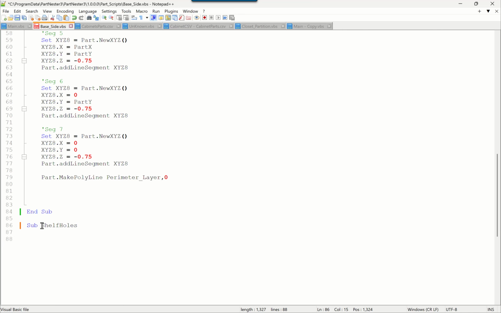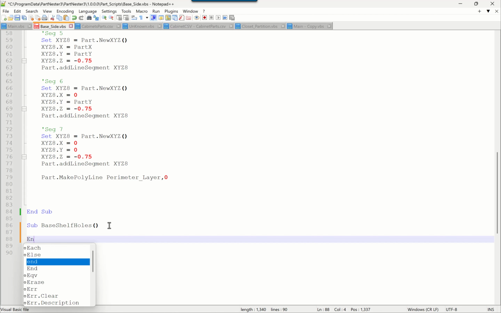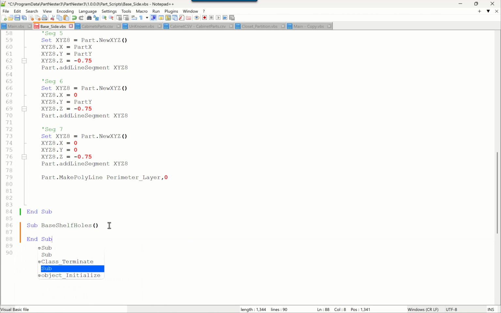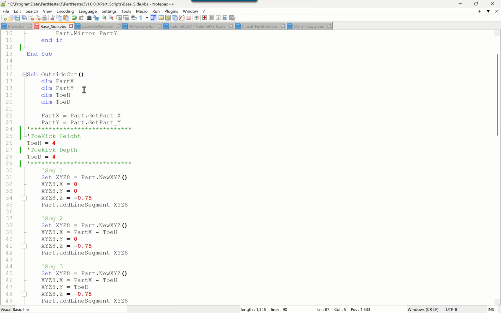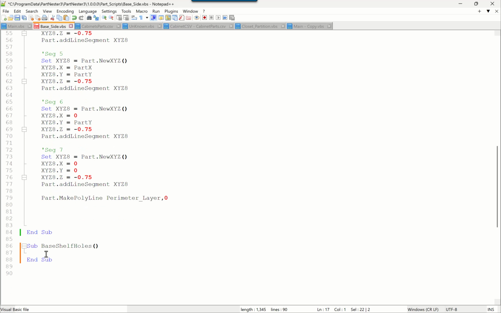And I might even call that base shelf holes. You might have one for wall cabinets that might be a little bit different, so it's nice to keep things separate. So we now have a subroutine that we will be able to use for creating our shelves. So at the beginning, we're going to go through and set up a couple of variables. We know we're going to need to use the